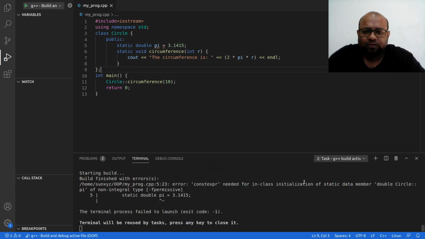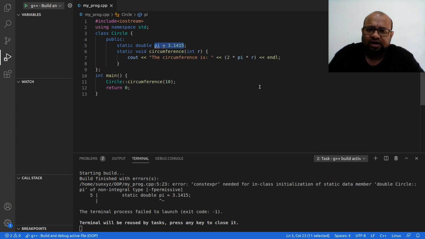I try to compile this. Now you can see the error that was shown over here is gone. But I have a new error over here. It says that pi is not constant. Therefore, I cannot do in-class initialization. I cannot initialize inside this class.